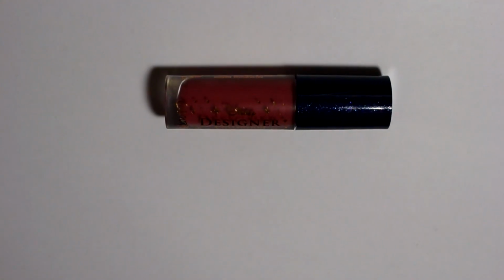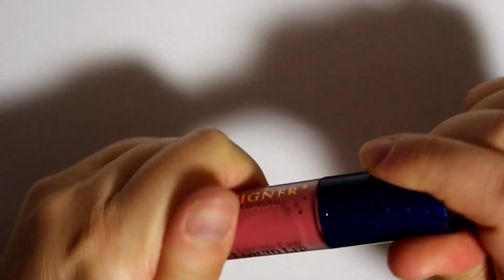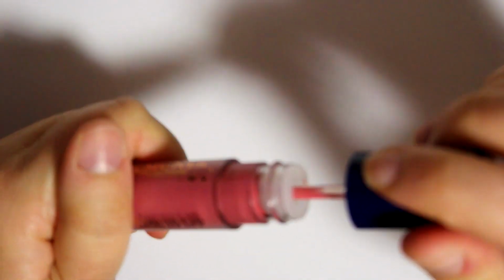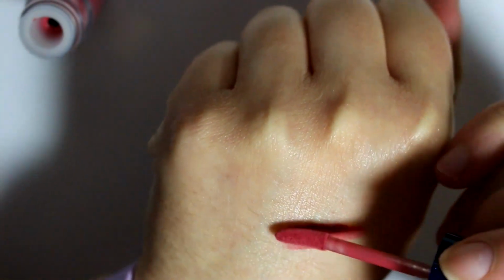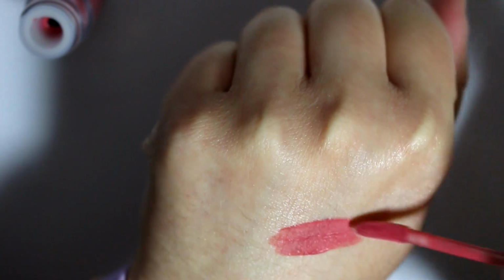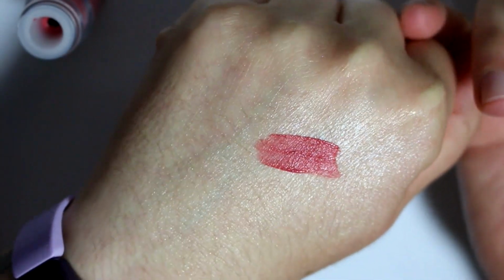Okay, like I was saying, I'm pretty sure when I got the Ursula collection from the Disney Villains collection, it was a full-size one. So this is a Luxe Liquid Lip and the color is Prince Charming, and I'm glad that it's this color because this is one that I'm actually going to use a lot. It is a kind of corally pink, I guess you would describe it as. Really pretty,